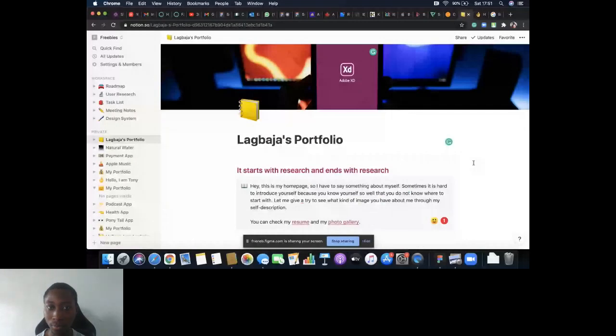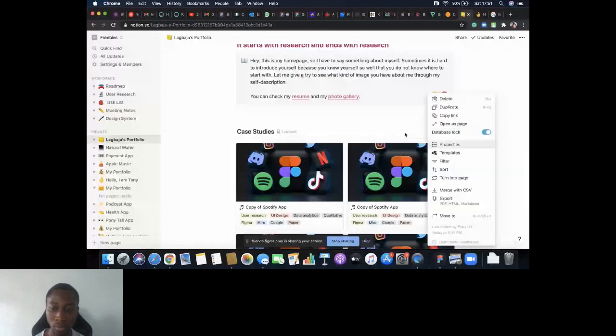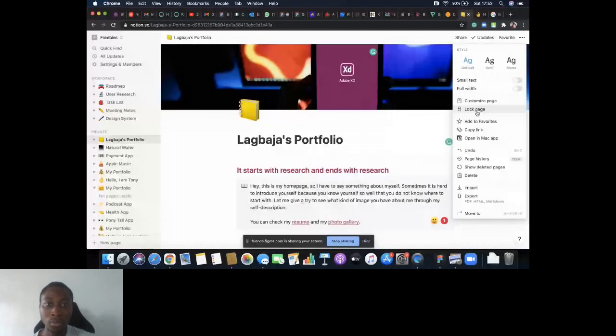While we're trying to comment on the page, another thing we can do here is lock this place, and that's why it's called database lock. If I lock this, you would not be able to do anything here. And I can also lock the entire page here. If I lock it, nobody will be able to do anything.